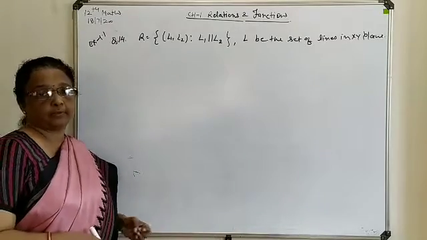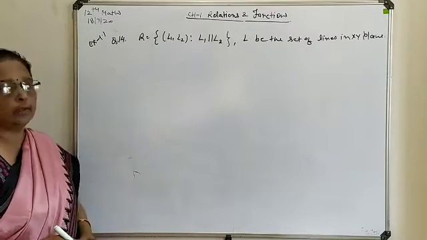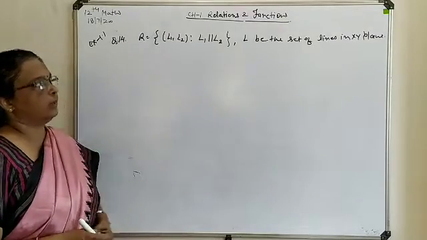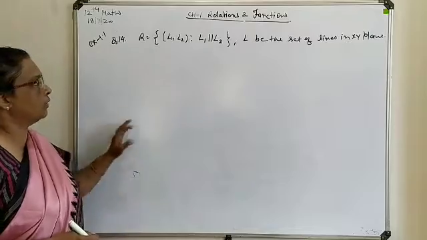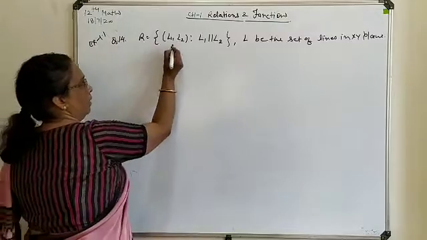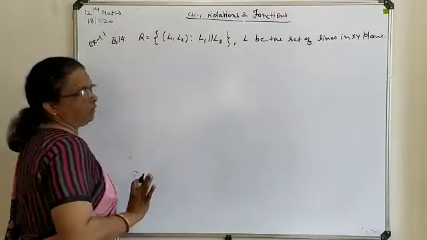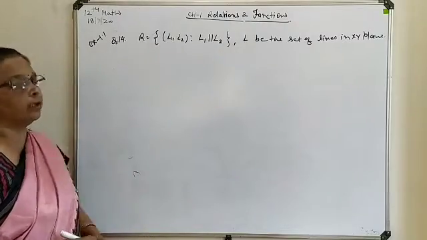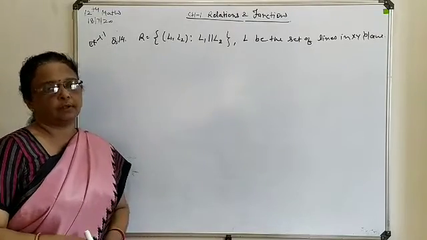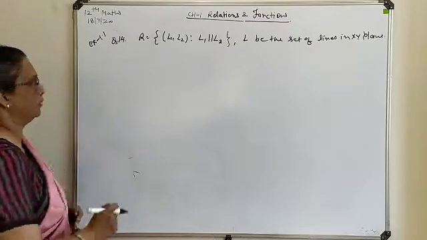from exercise 1.1. Now here your relation is defined in a plane, the xy plane, containing a set of lines. So here one relation between the lines is defined: (L1, L2) is a pair of lines such that L1 and L2 are parallel to each other. Here you have to show that this relation is an equivalence relation, meaning all three conditions should be satisfied. So first of all let's start with the reflexive one.